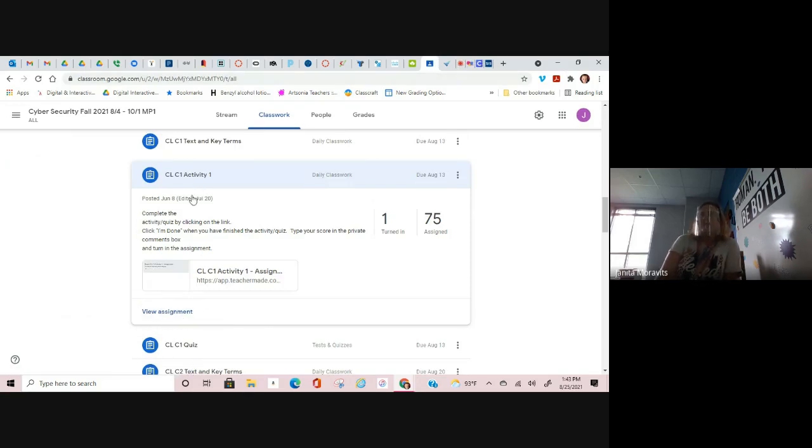And in order to turn in these assignments like this, you're going to have to remember what your score was, and you're going to view the assignment. And over on the right-hand side, I can't show you that because my teacher view doesn't look the same as your student view. On the right-hand side, it's got a box that says private comments. And in that box that says private comments, you write your score. I would put a 0 in there because I didn't answer any questions and I made a 0.